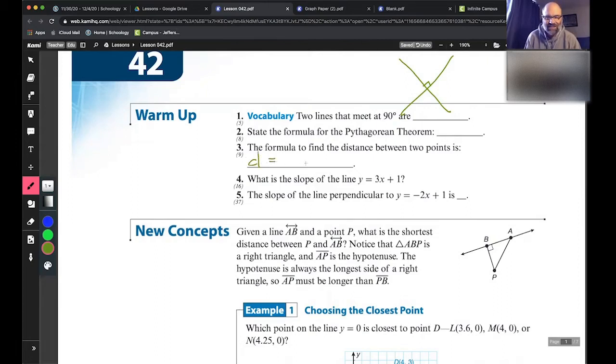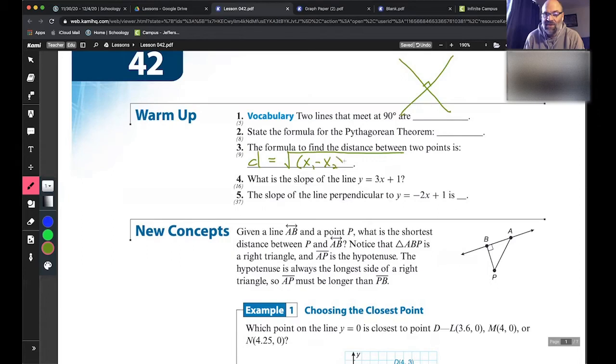Isn't it x1 plus x2 over 2? So that's finding the midpoint of a line segment. That's what you did on the last test: x1 plus x2 over 2, and then comma, y1 plus y2 over 2. But the distance formula is just